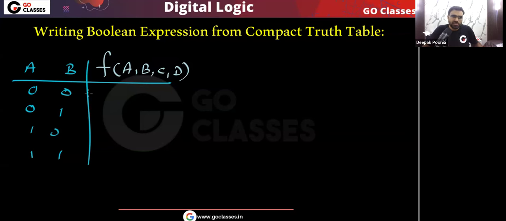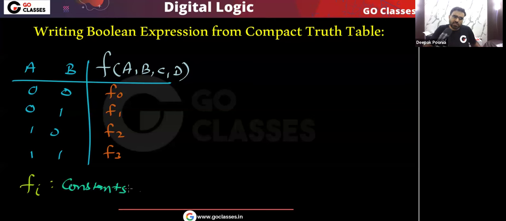Now here you can see in the compact truth table the output can be a constant, 0 or 1, or any variable or its complement, or any expression. Basically any expression you can have, like alpha, beta, gamma, something like that. Or let me write like this. For example, f0 means when a is 0 and b is 0, the output is f0, f1, f2, f3. So let's assume these are the outputs.